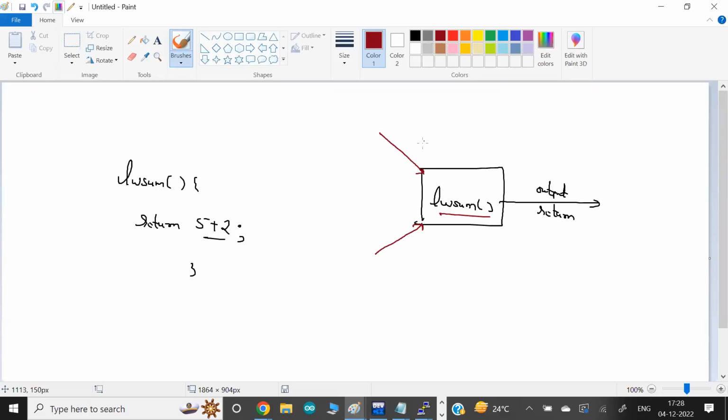Okay, one way to run this function, we can call this function from another function, and the other function in most programming languages is the main function. Okay, inside the main function we can call it. So we might have one main function. Inside the main function, you say I want to call this function, means I want to run this function. So wherever this function is, go there, run it and give the output. This is one of the approaches we use in any programming language, at least in Java, I'm talking about. Okay, but there's one more way to call this function.